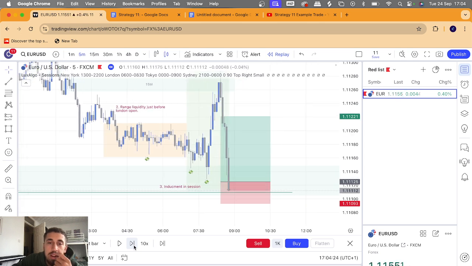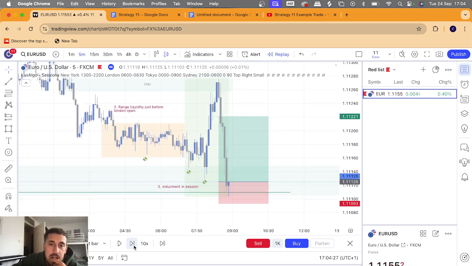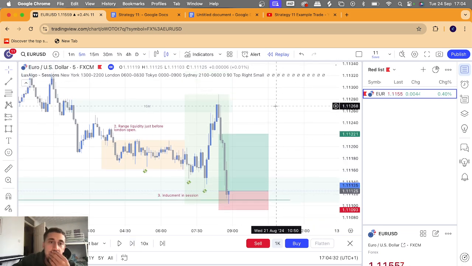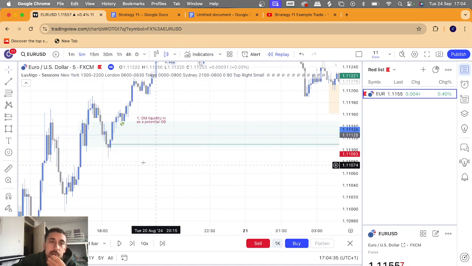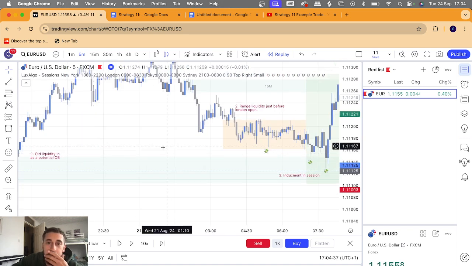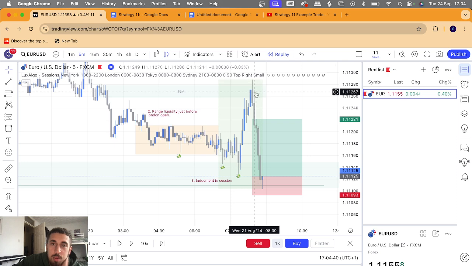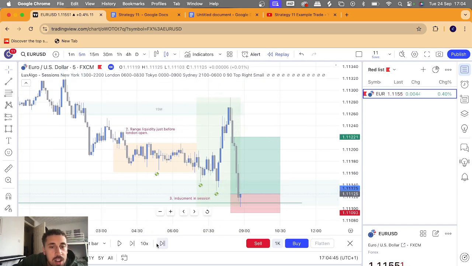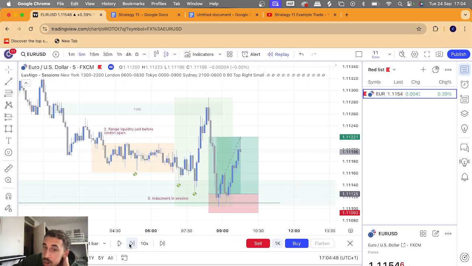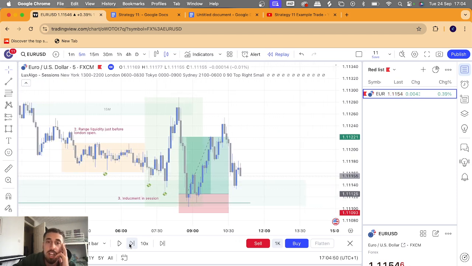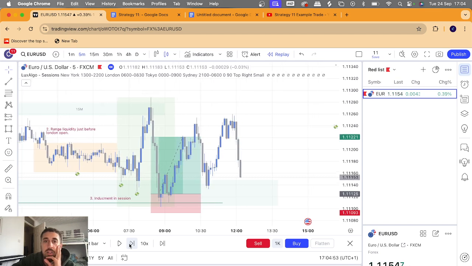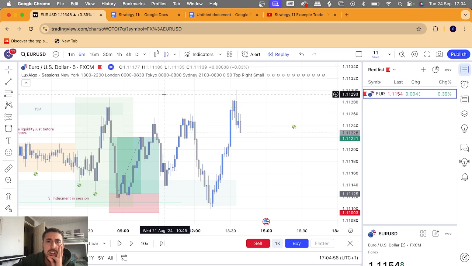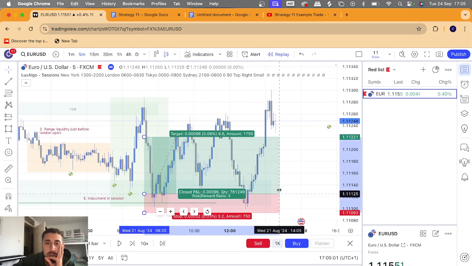But yeah, this was a complete hindsight trade. I didn't take this. I was nowhere near taking this, but it was the benefit of hindsight saying, oh, okay, I see what's happened now. We took the range, we broke the range, we induced at the bottom of the range, and then you get your win after that. So again, this one did push a lot higher as well. I think it took out that high, if I'm not mistaken. Yeah, it took out that high. Don't know if I would have held for that long, to be honest, but